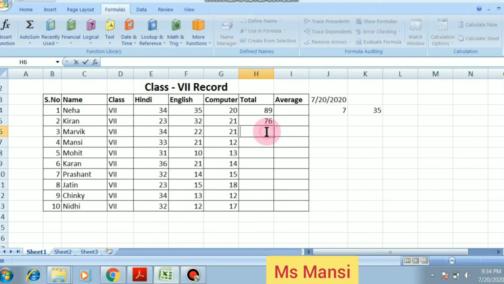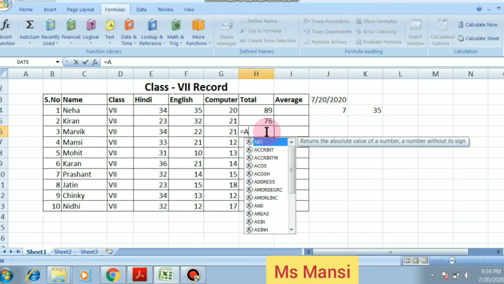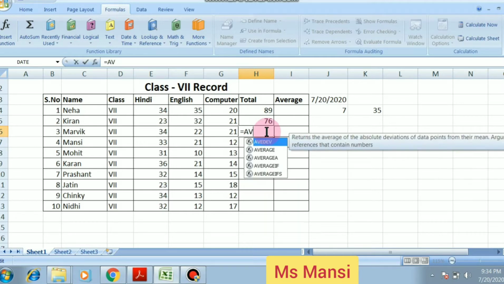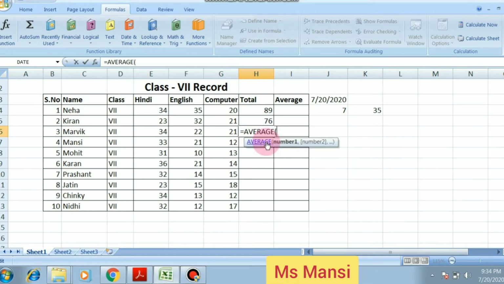If you want to find the average, the function starts with the equal to sign, then write average. You have to write the valid function name, okay, then bracket, then select the input values, bracket close, then press the enter key. This is the average of the marks. Understood? And you can use this function with the help of AutoSum also.